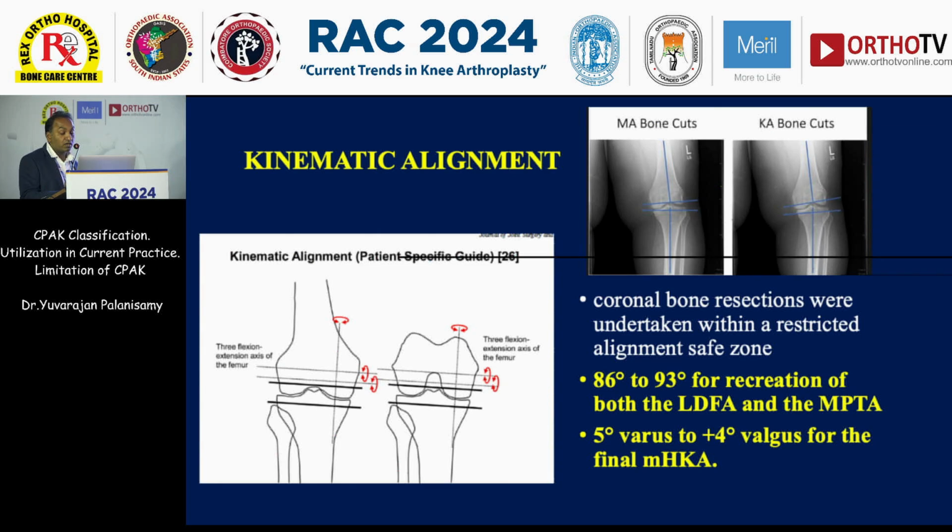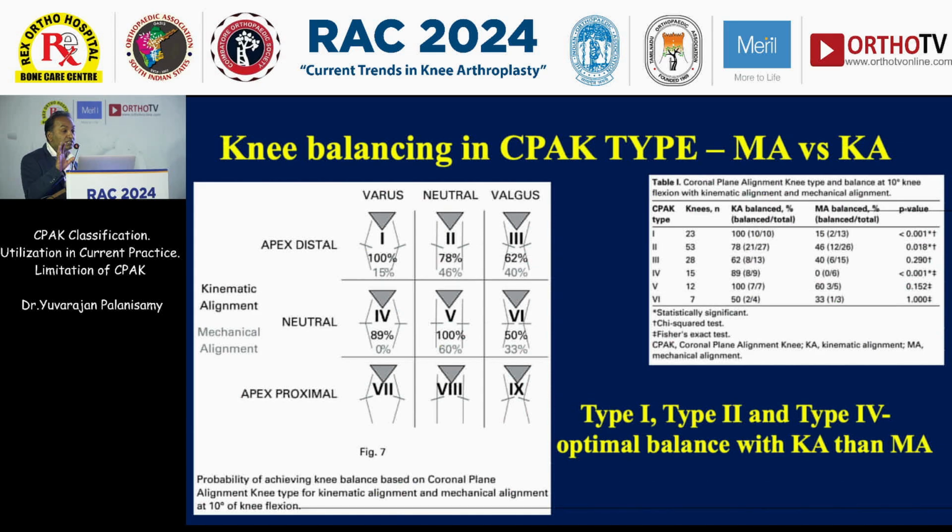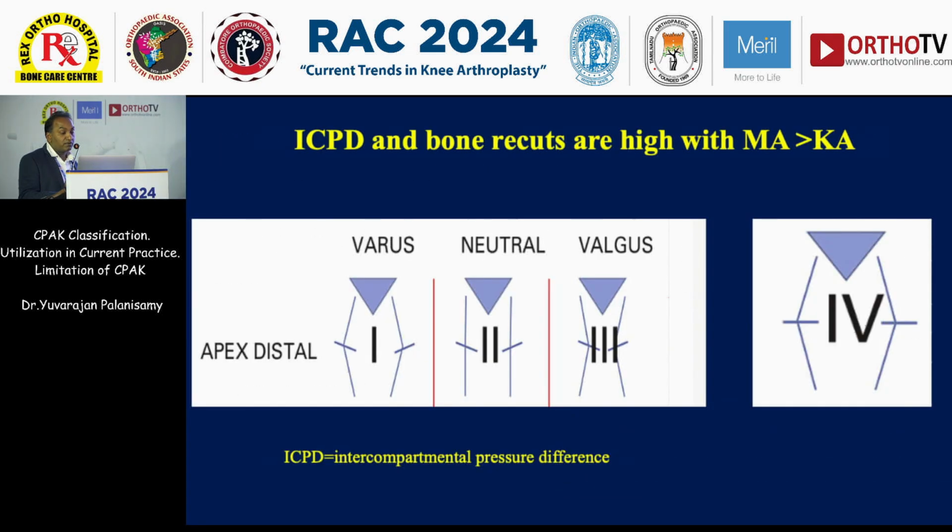That's very important. Based on that, they have given a few proposals for which patient is going to benefit with kinematic versus mechanical. Type 1, type 2, and type 4 have optimal balance with kinematic alignment. But they noticed one interesting finding: the intercompartmental pressure difference and bone recuts are high with mechanical alignment when dealing with type 1 and type 2, type 3 valgus knee, and type 4,